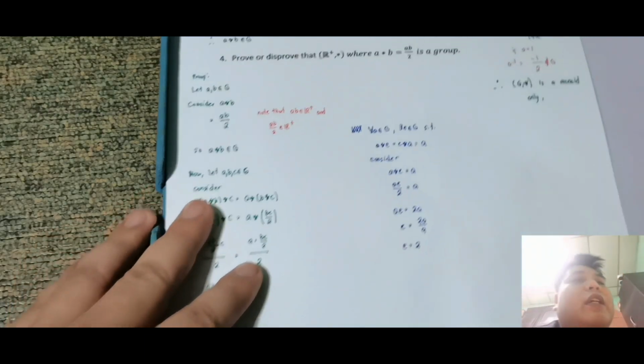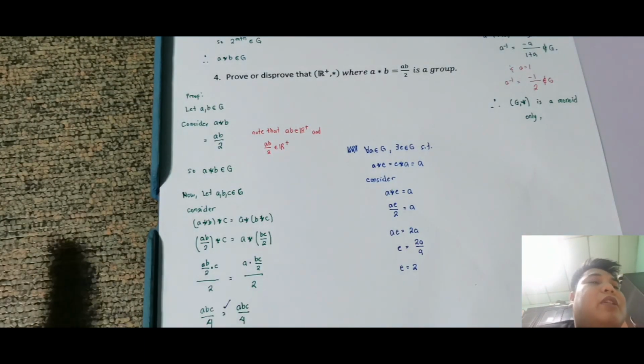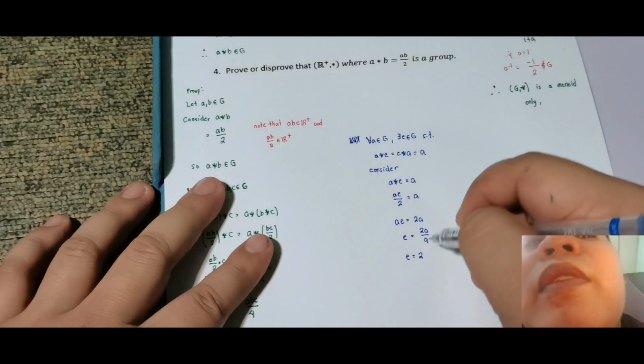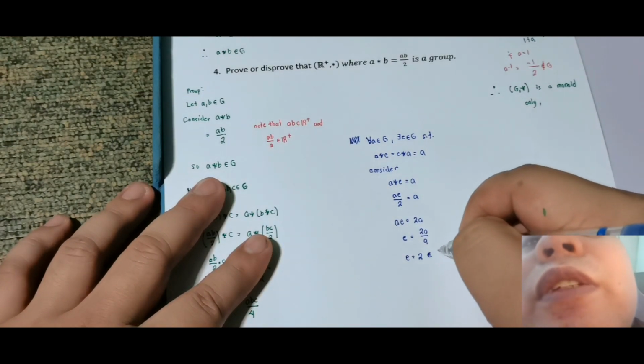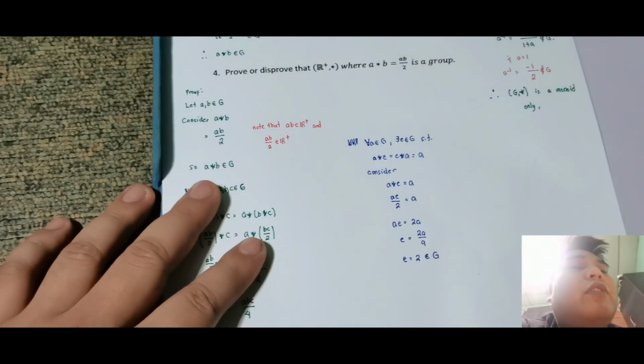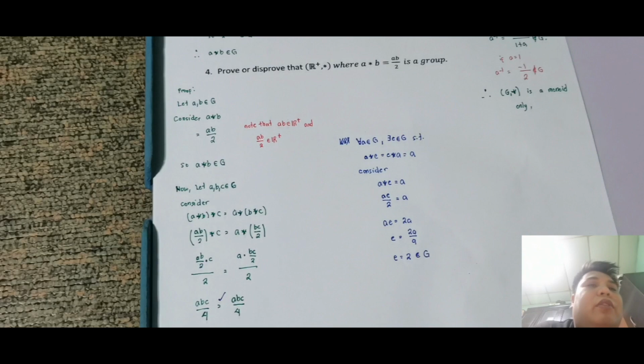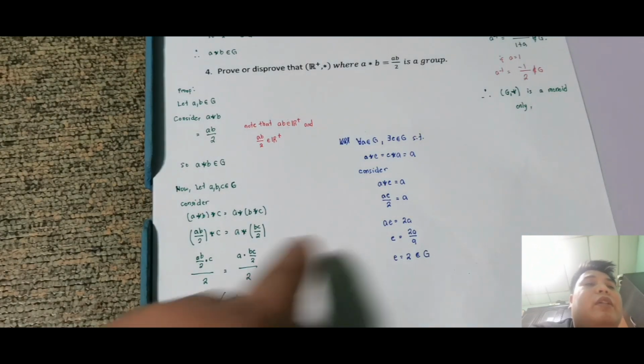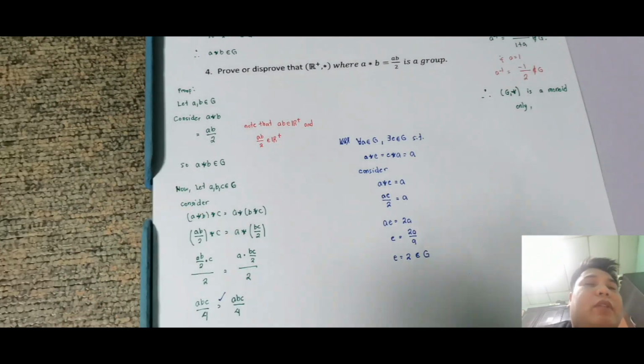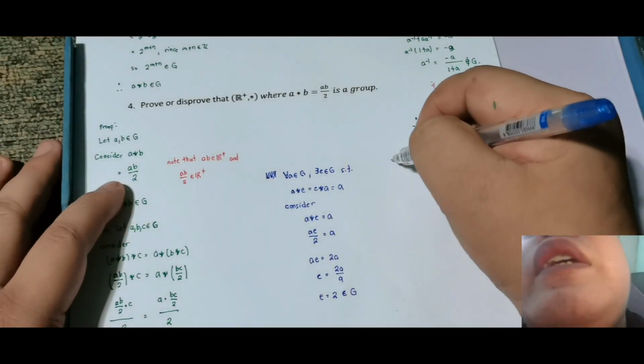So tanong, yung 2 ba is element ng real number? Yes, element siya ng positive real numbers to be specific. So this is element ng G. Okay, so wag niyong kalimutan na yung G na tinutukoy ko na yan is yung ating set na pinag-uusapan doon. So wag kalimutan yan. So meaning, meron tayo identity element pasok sa loob niya. So alam natin na siya ay monoid. Okay, then lastly, for all A